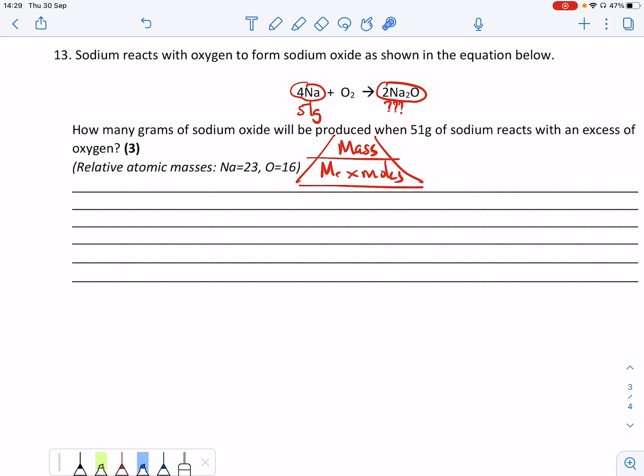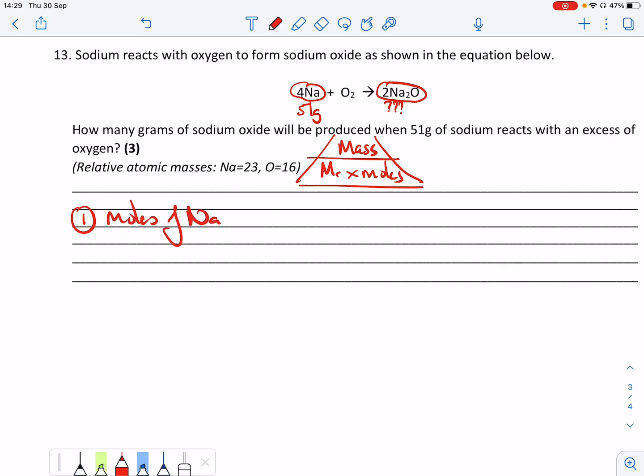And what I'm going to do, I'm going to start with this one because I know the mass of this chemical. So this is where I need to begin. So my first step is I need to convert the mass into moles. I like to work in moles in chemistry. To do that, I'm going to use this triangle, which is, remember, Mr. Moles lives underneath the mass. So my first job is to get the moles